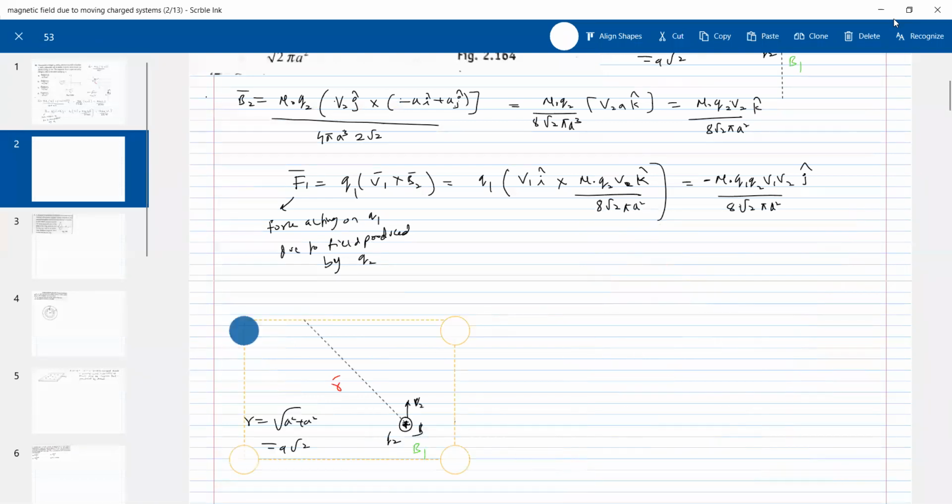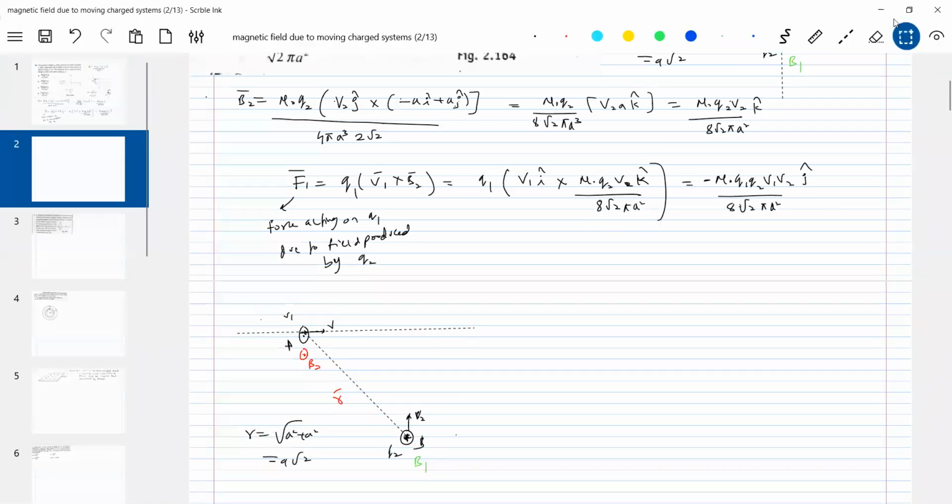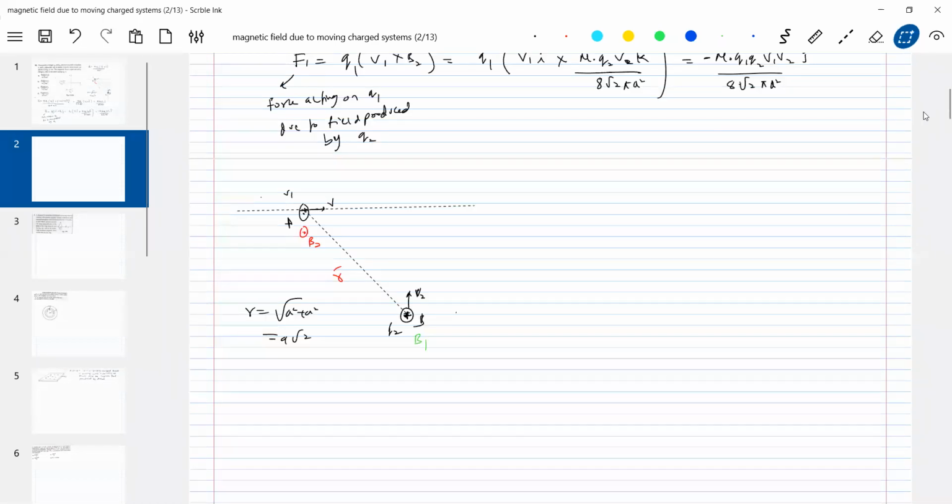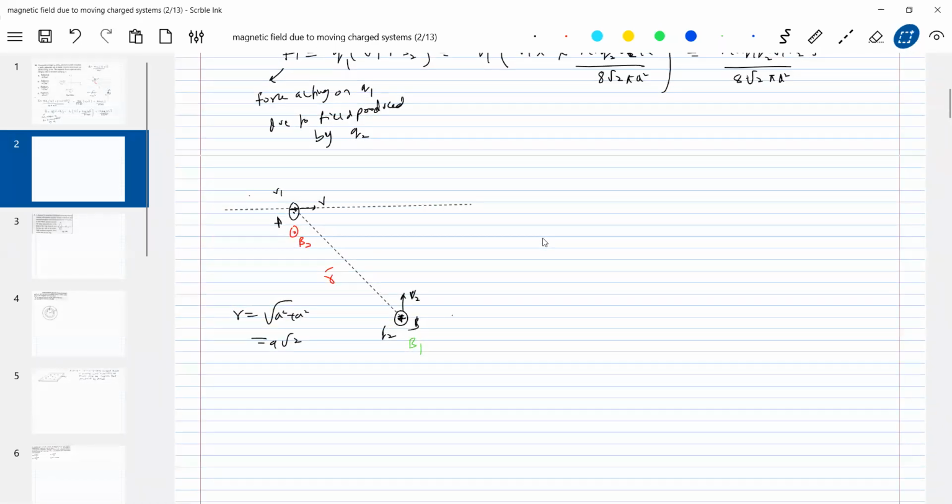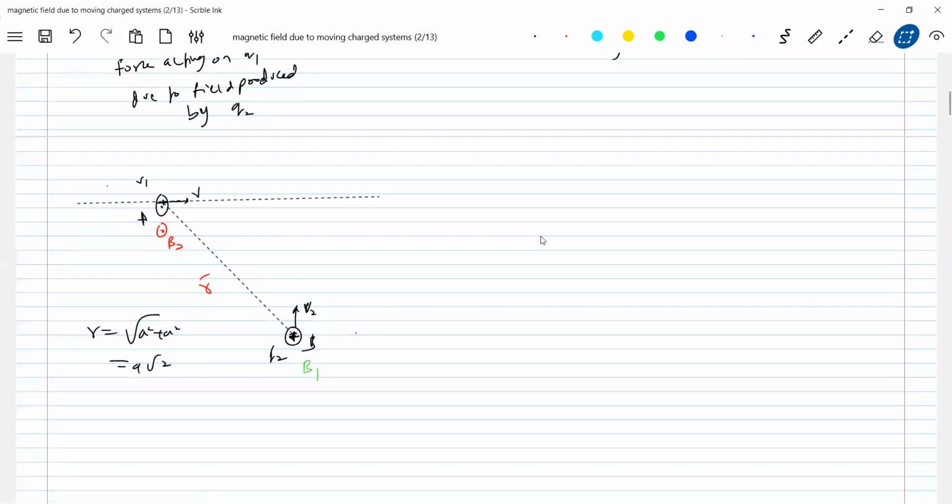And some good conceptual questions can be asked here. I just picked up this one. Let me come for this. Okay, proceed with the same calculation like earlier, what we did. I had the location of this one, so here B1 is equal to mu naught Q1 V1 bar cross